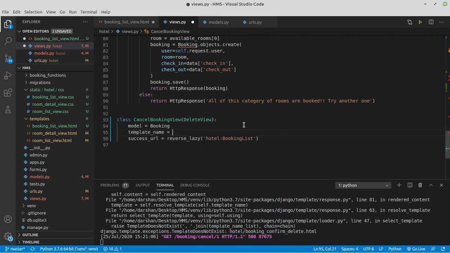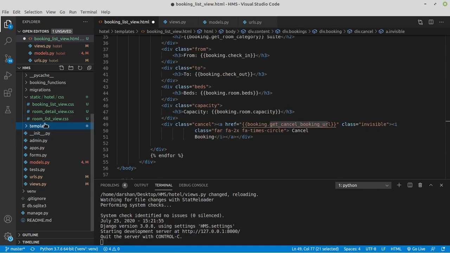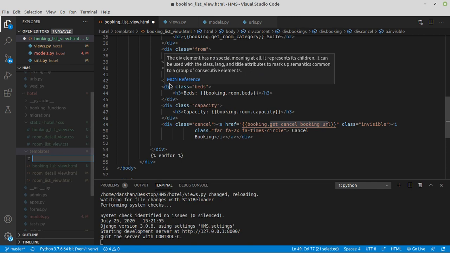Template name: booking cancel view.html, and I'll save it. I'll make a template over here, inside the templates directory, booking cancel